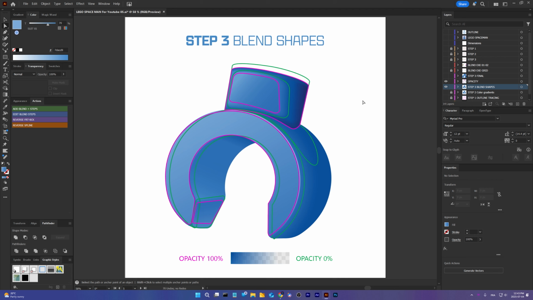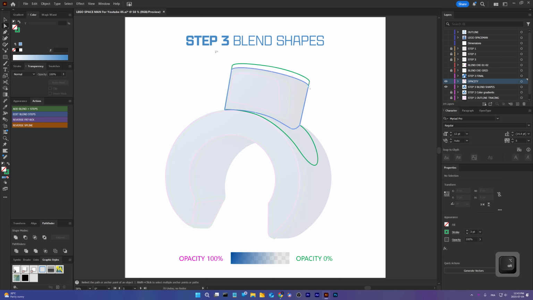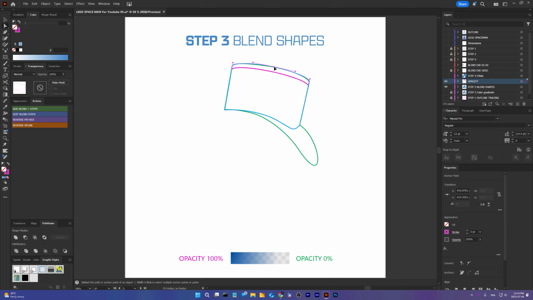Let's take this one for example. This here is the wrist of the Lego character's hand. First, this shape, then a transparent one. Both contain the same number of points. I started with this shape and I reshaped it by adjusting the points to create this new form. I adjusted just the points that control the transition in the blend. Because for the target shape, I wanted a much smoother result, especially near the end.